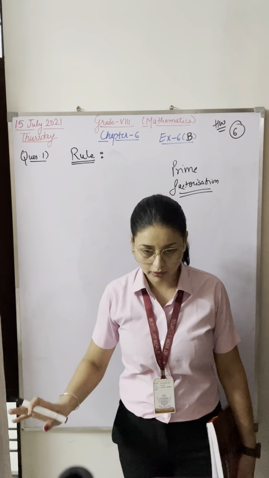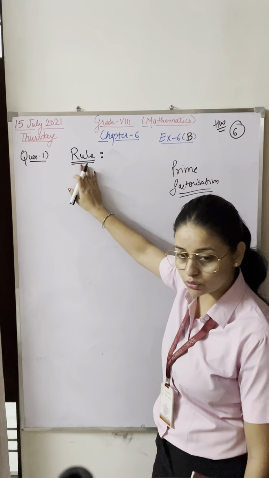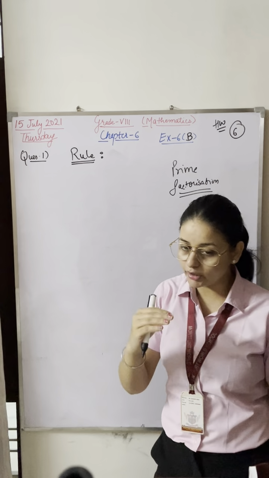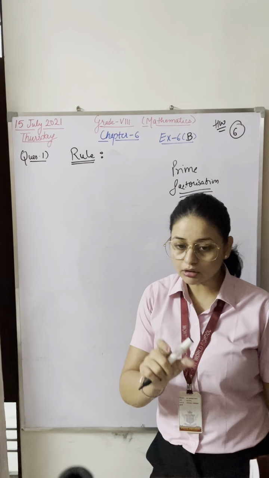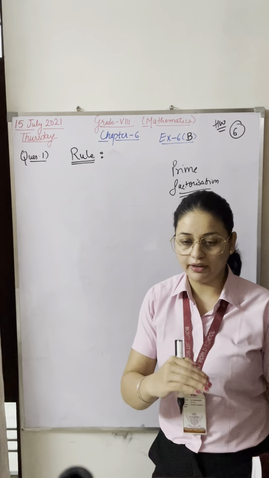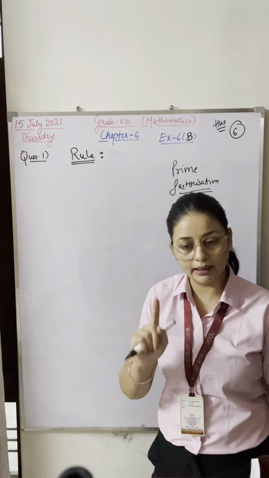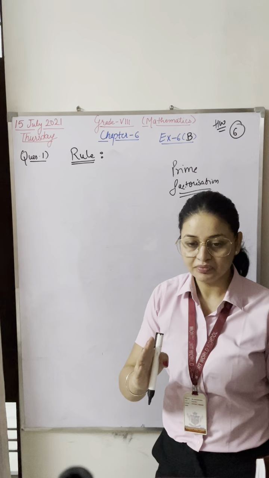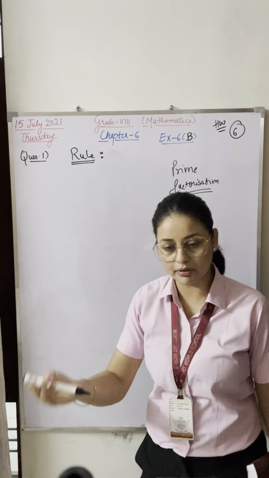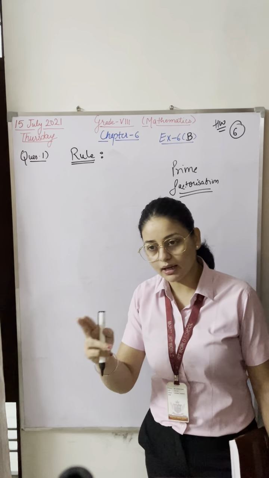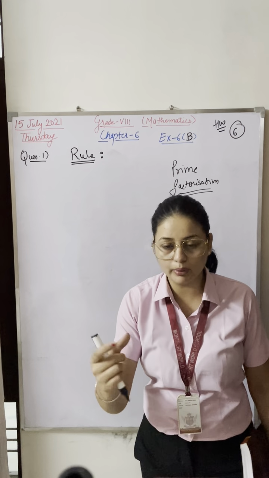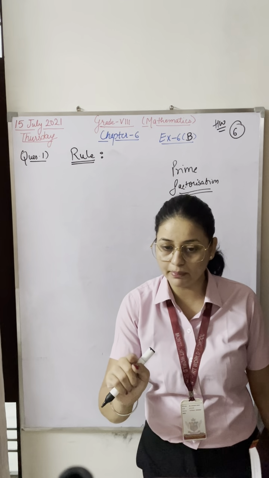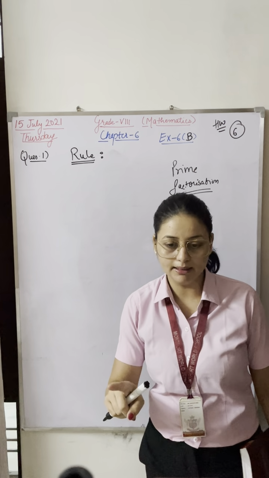Some students will say, ma'am, there are some rules, so can we directly write the answer? No. If your question is of 5 marks, that find out the perfect square by the prime factorization method, then go with the LCM method. No need to write direct answers. Please keep this in mind. It will happen in all the chapters. You can find the answer with some simpler formula, but whichever method is mentioned in the paper, you have to use that only.